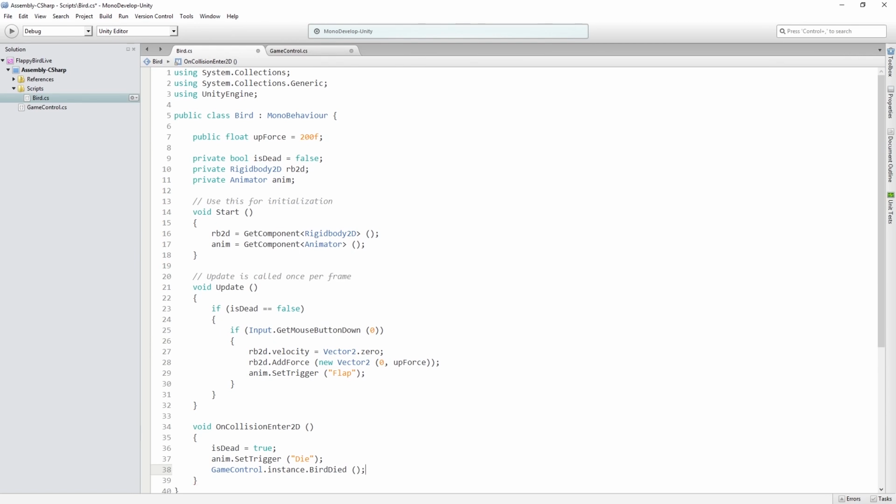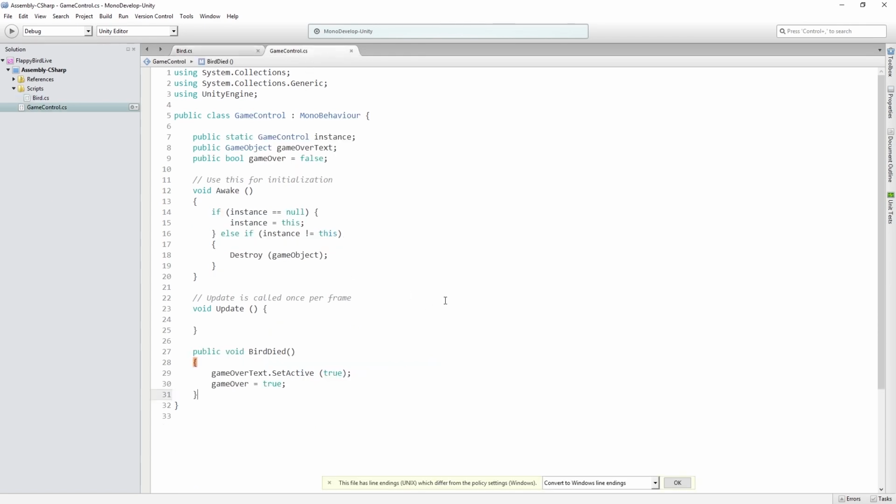And that is how easy it becomes to access a variable or to call a function of the game control from another class. Now we can just type GameControl.instance.whatever it is we want to access. In this case, BirdDied. So let's save our bird,